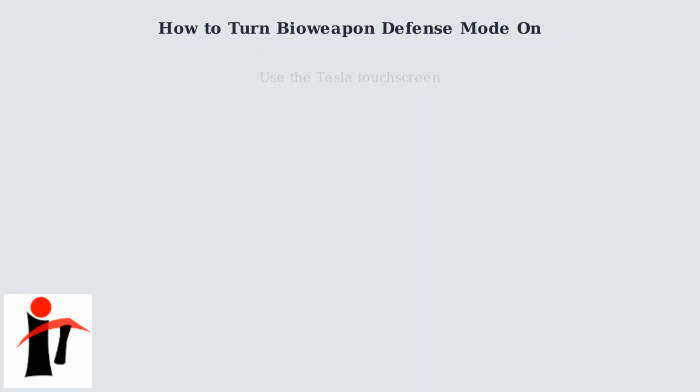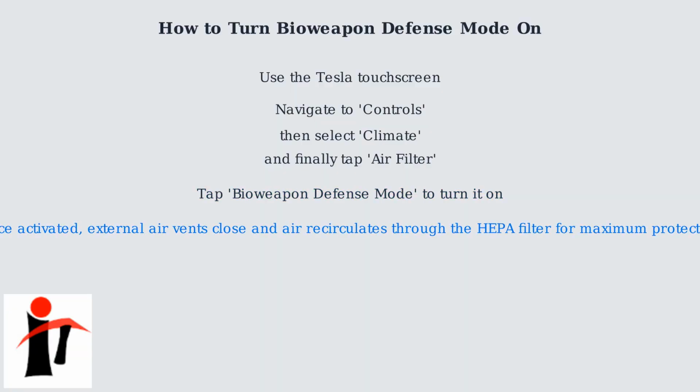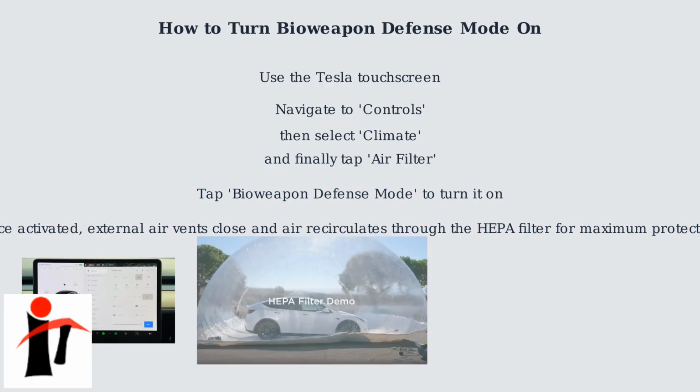To activate Bioweapon Defense Mode, start by using the Tesla touchscreen. Navigate to the Controls menu, then select Climate and tap on Air Filter. You'll see the option to turn Bioweapon Defense Mode on. Once activated, the system closes external air vents and maximizes air recirculation through the HEPA filter to provide maximum protection